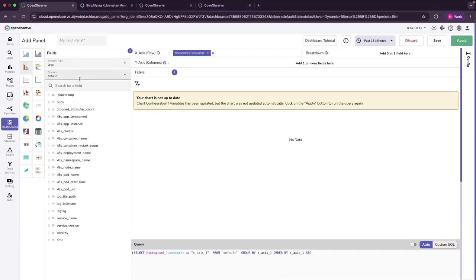The first thing you can do here is go ahead and select a stream type. So you can select whichever telemetry type you want to create a panel out of. So if you select, for example, logs, then you'll get all the streams associated to logs. Here we see our default stream with the logs. So what we can do is pick this body field here, and by default in